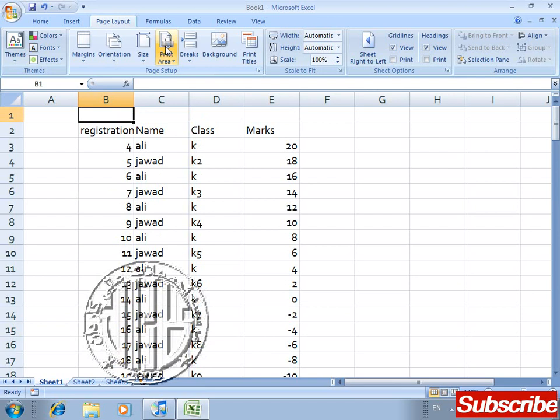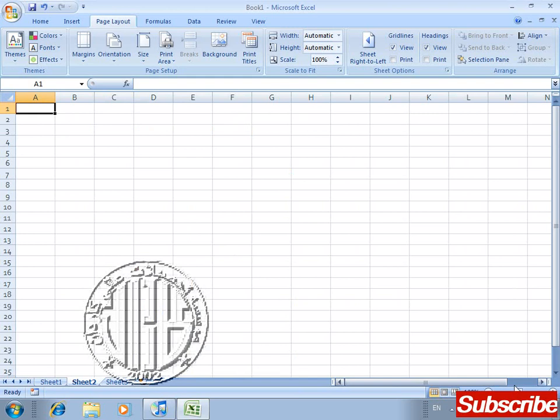Okay, so that was a repeated row. We can also repeat a column. Just like I'm going to select here, the registration number. Next, in the next sheet I'm going to do that, and I'm going to write